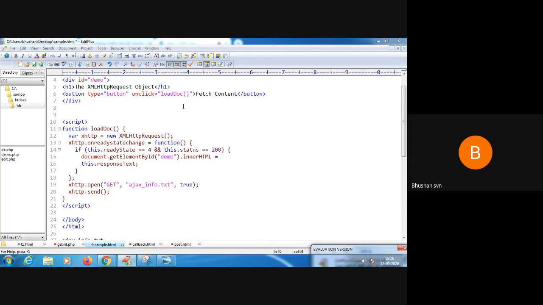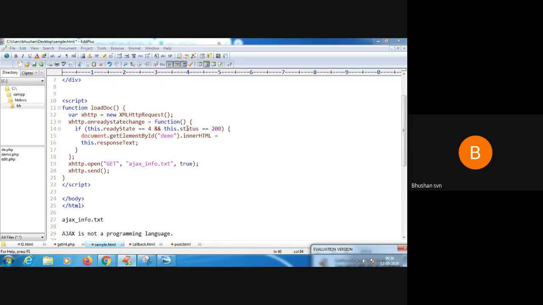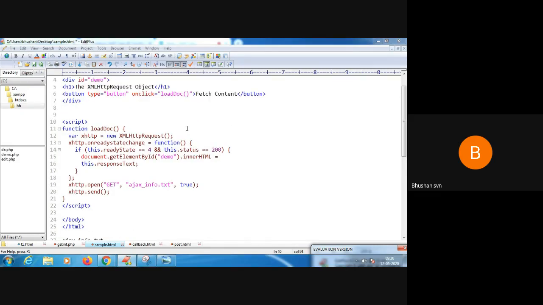Now here, what is happening? I am fetching content. The content is in a text file called ajax_info.txt. There is some information there, and I want to fetch that information and display it. Now the request will be sent.